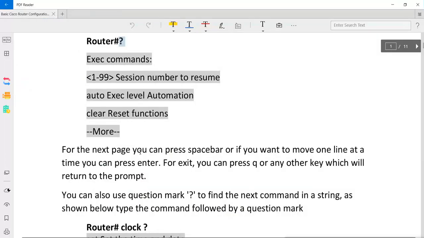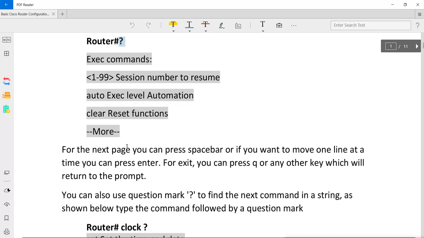Now for the next page you can press spacebar, or if you want to move one line at a time you can press enter. So when you press this question mark, you will see lots of commands. It is not that many in this, because it is Cisco Packet Tracer, but in a real router you will see lots of commands.